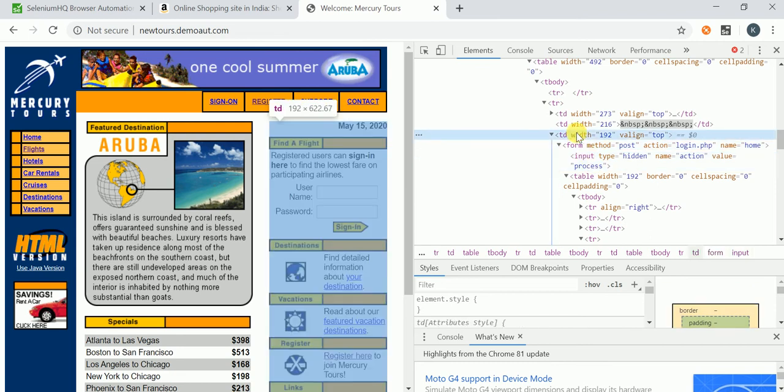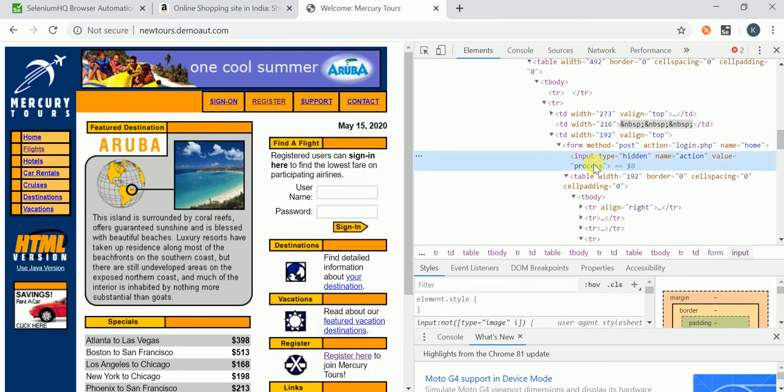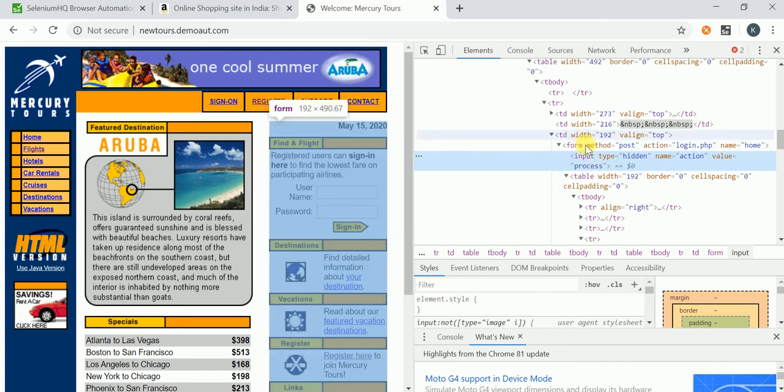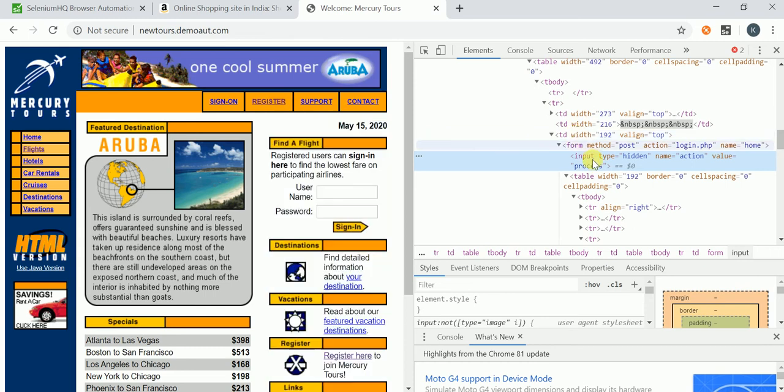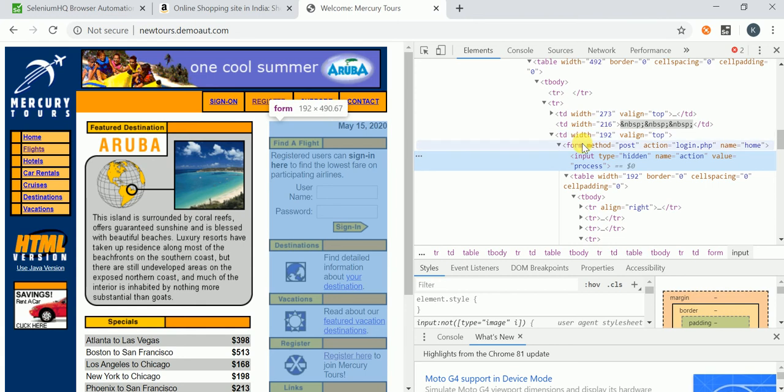For this TD, this input tag will be a grandchild, because it is not a direct child, right? It is a grandchild. And this TD will be the grandparent for this input tag, because it is the parent's parent. So this TD is a grandparent to this input tag, and for this TD this input is a grandchild, okay, because it is the child's child.